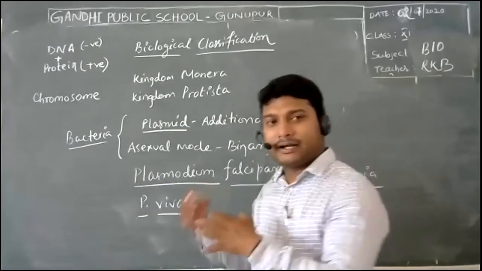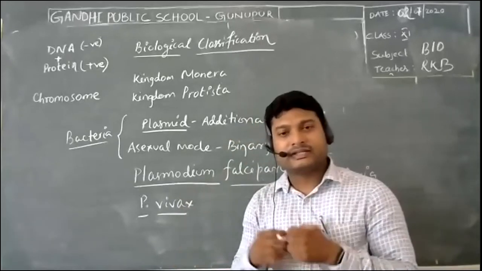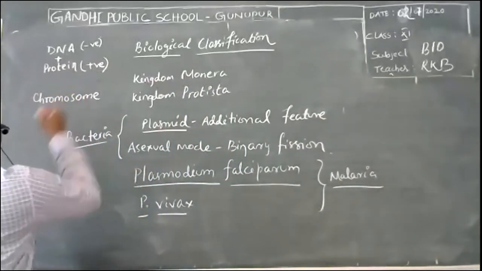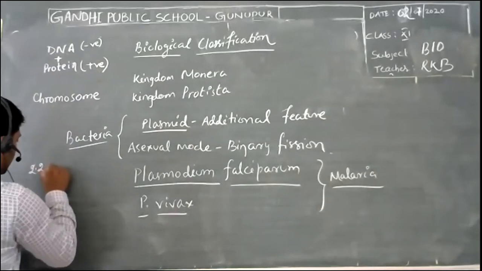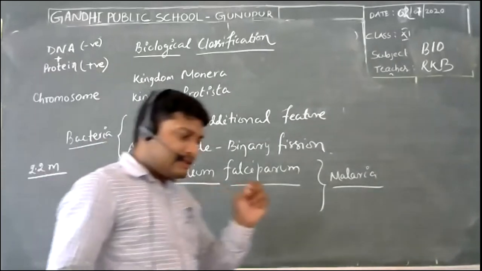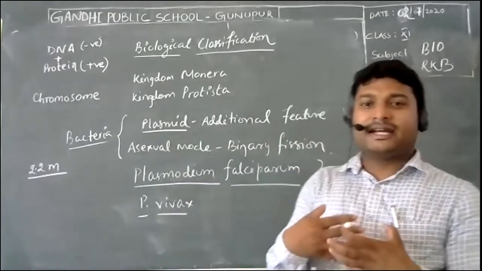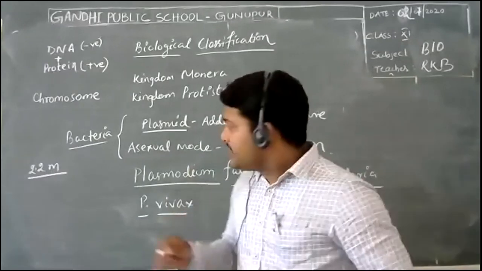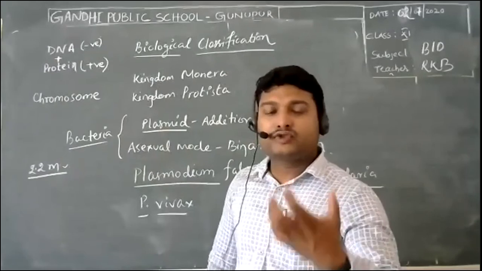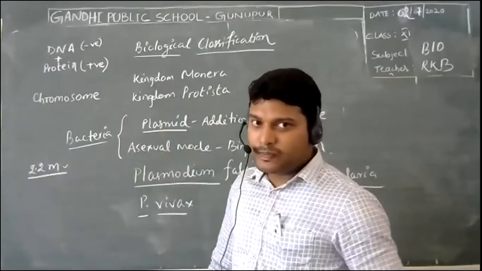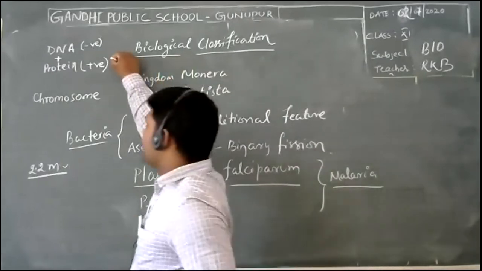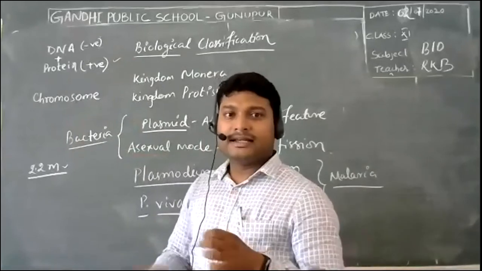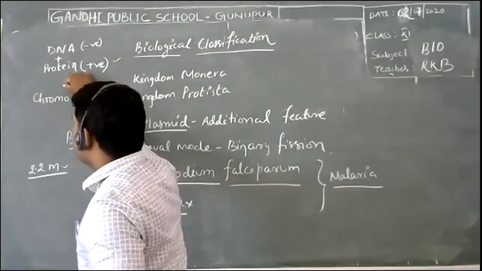I'll just tell you what happens in the higher organisms, then I'll come back here. In human beings, the sheer length of the DNA that we have is around 2.2 meters. But this 2.2 meters of DNA must fit into a very small space, that is the nucleus. Because of this, the DNA has to be supercoiled and packed inside. For the supercoiling, the DNA is associated with protein. It organizes itself into a structure. Then additional proteins are added, and finally they give rise to the structure that is called the chromosome.